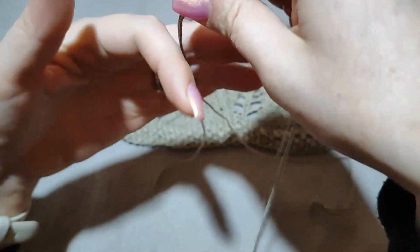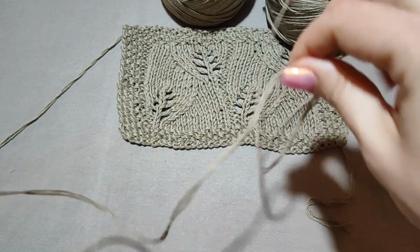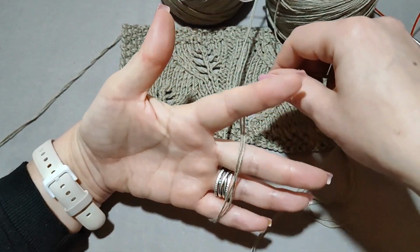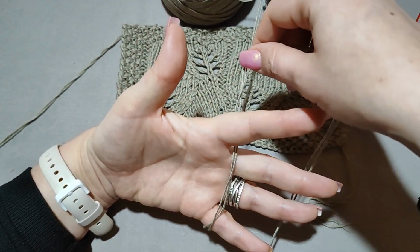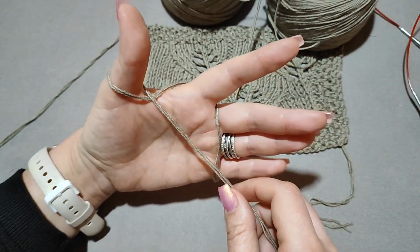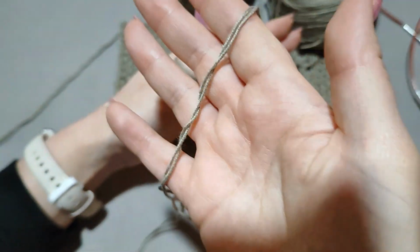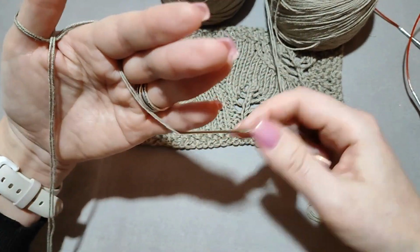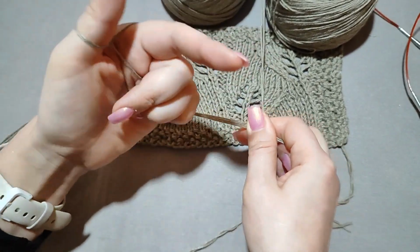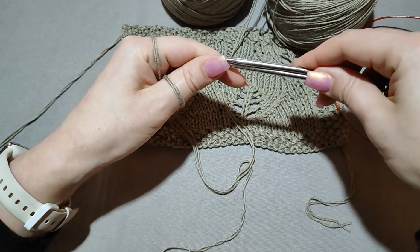This is not meant to be a full tutorial, but I have the yarn that goes to my skein here, right? And I hold my hand like this. I put the yarn over my palm, behind the index finger, and do a sort of an 8 around index finger and the thumb. And then I'm holding, so this is my long tail here in front, and this goes to the yarn skein. And I'm holding both by 3 fingers here, and then I use